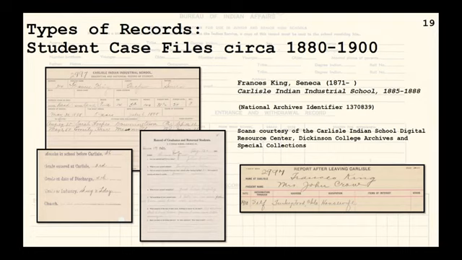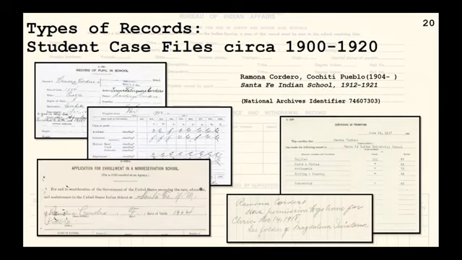So, the earliest student case files are really hardly even that, when you can find them. For some schools, like the Albuquerque Indian School, opened in 1881, fires during the history destroyed early records. So here's one for Francis King, who came from the Oklahoma Territory to Carlisle, and this is it. There's scant biographical info, how long she was there, and then a follow-up form on what she did after school. Throughout the history of BIA schools, they were really big on learning what a student did after the school, which can be useful in learning who they married, where they moved, and such. Next slide, please. Slide number 20.